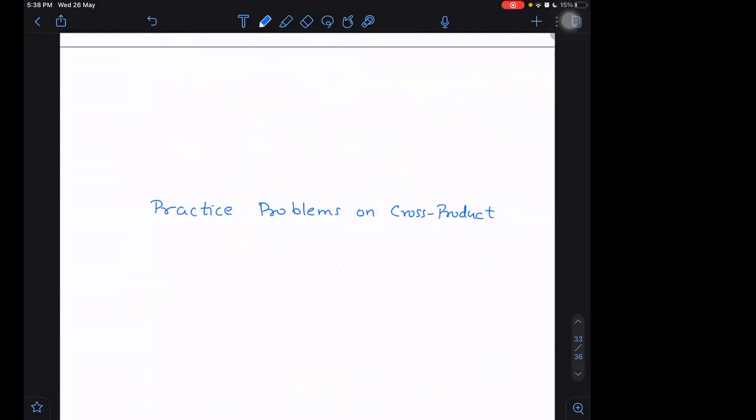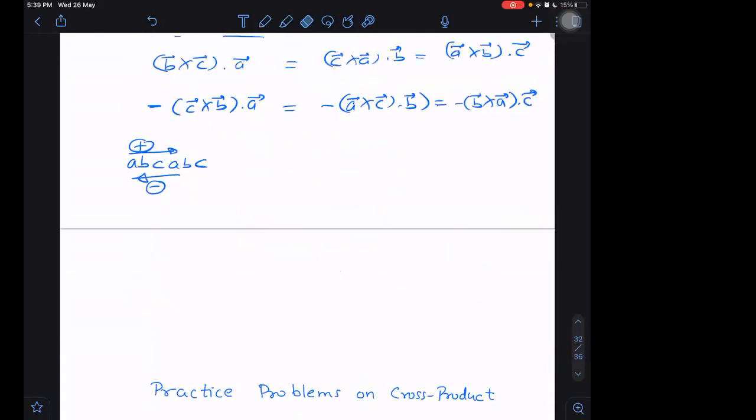And one more thing, there's a shortcut way of writing this. How do we write it down? Let me tell you. I can write it in this way: A dot B cross C, we can write as a determinant. AX, AY, AZ, first all the A terms, and then B: BX, BY, BZ, and then C: CX, CY, CZ. We can write it in this way.